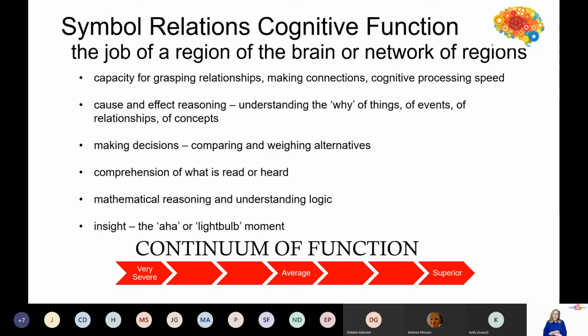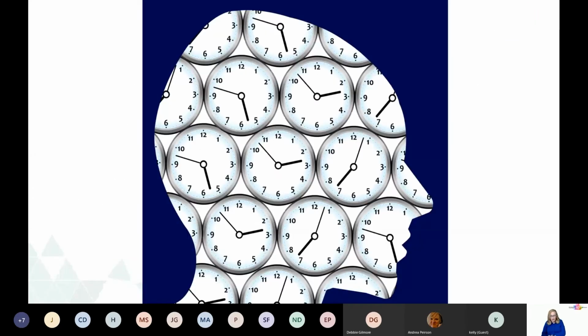And we look at these cognitive functions across a continuum, where somebody can be gifted in an area, they can have average ability in an area, they can have a mild, moderate, or severe difficulty in an area. And it doesn't really matter where somebody's starting on the continuum. Through driving neuroplastic change, we can move people across this continuum of function. And how do we do this? As you know, with this exercise, we use clocks.